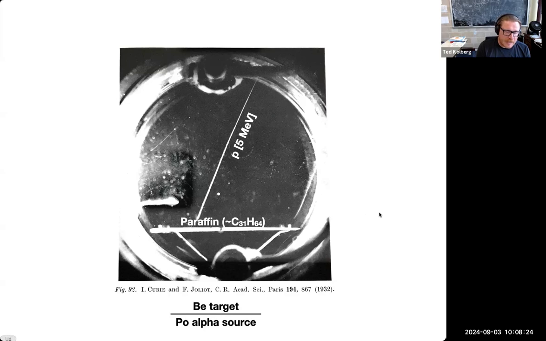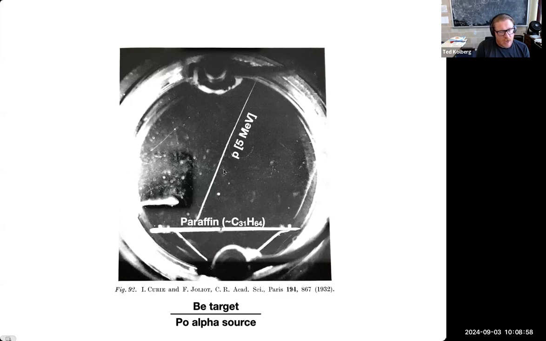So what we see here is that this interaction between the polonium alpha source and the beryllium target creates some kind of neutral radiation. How we know it's neutral is by looking in this chamber. We don't see any tracks entering the chamber from the bottom. Right? There's some kind of bracket here, which is being used to hold the paraffin sample. But then once these apparently neutral rays impact the paraffin, we have, at first, an extremely heavily ionizing track, which